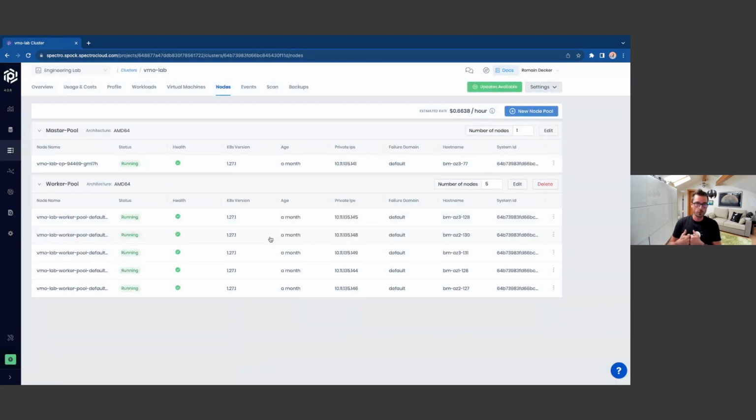VMs running on that node will automatically live migrate to a different node of the pool. And the node will be cordoned so that no additional VMs will be able to be scheduled on that node while you do the maintenance. Once you're done, you just do the similar step and do turn off maintenance mode, and you can resume normal operations.